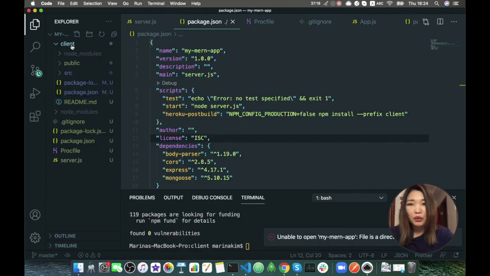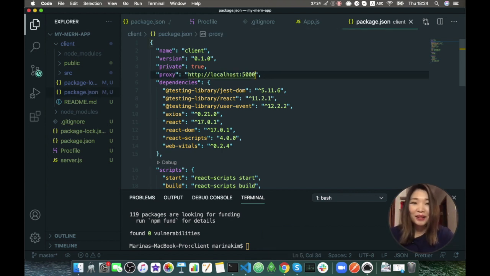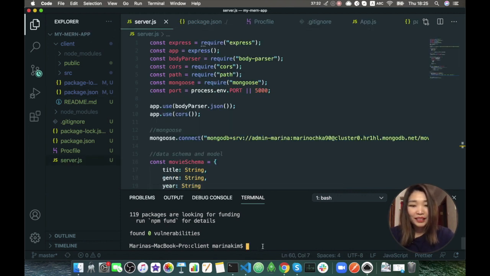Let's go back to our client package.json. I'm sorry, I'm so tired. And let's change the proxy from our localhost to the Heroku address. Okay. What else? Now